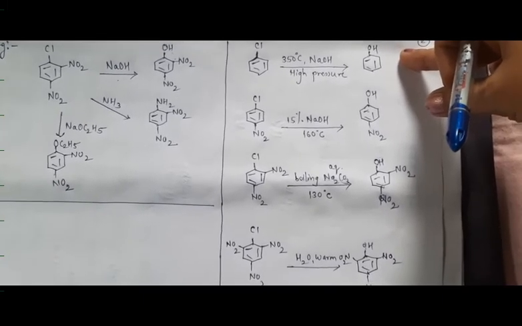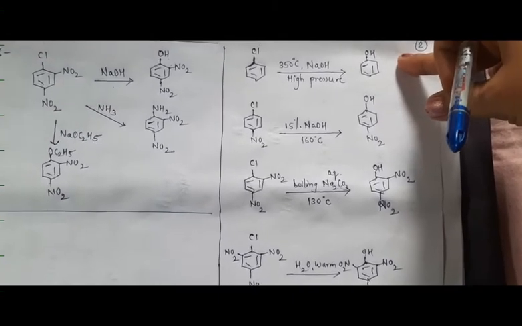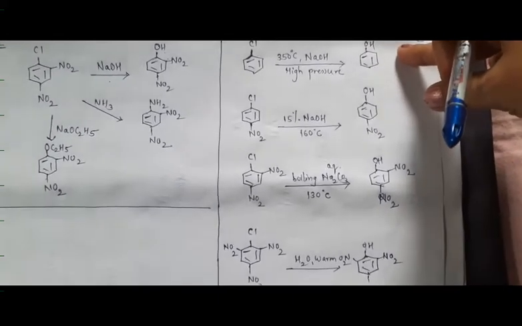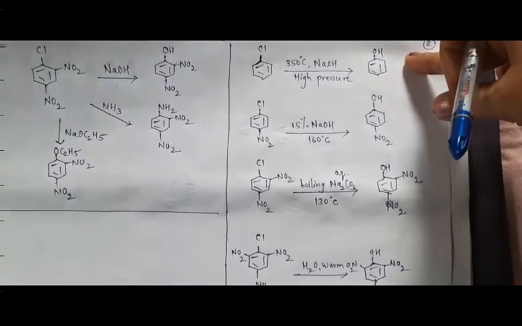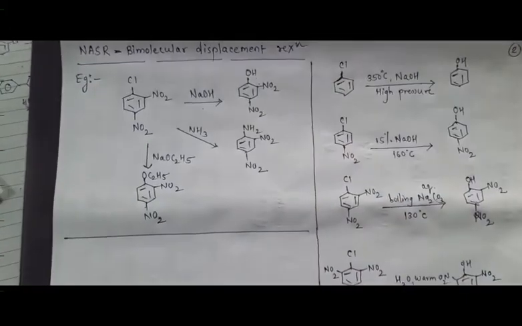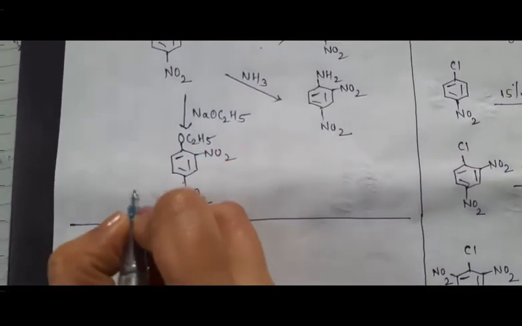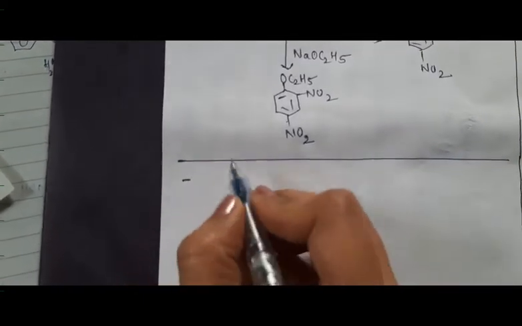But before actually going into the mechanism, let us first see which all such electron withdrawing groups we can have on the aryl halide, which will make this bimolecular displacement reaction possible. We all have considered only the NO2, but apart from NO2, you may have other electron withdrawing groups present, and those electron withdrawing groups will include